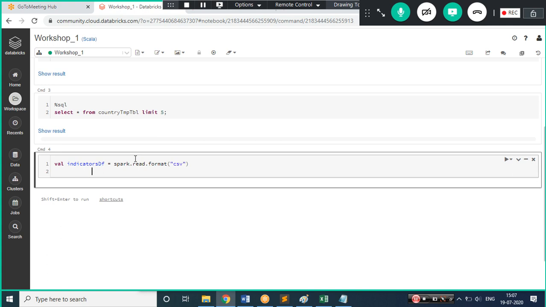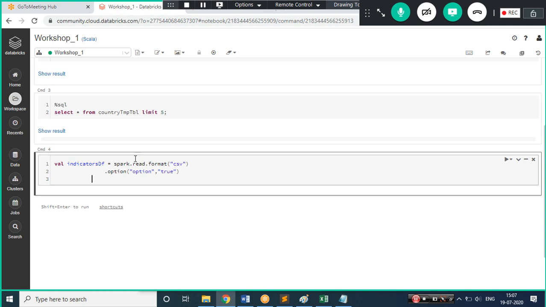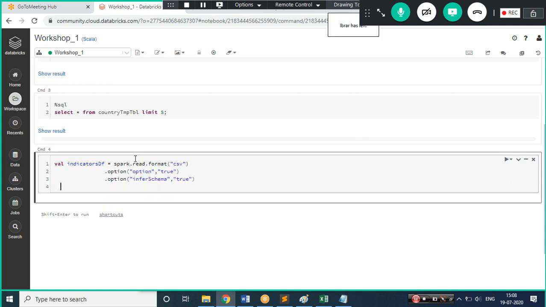After that there were a couple of options which I used. The first option which I used was my header, because the file had a header. So let's give that true. I could have copied from above also, but it's just a small piece of code, no issues. And let's say option, and I can just infer the schema, and after inferring the schema, let's specify true, and the load option dot load, and whatever the file name which we have, so file store.